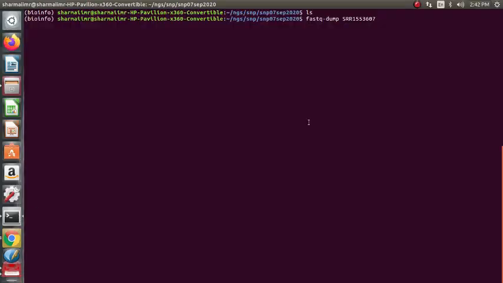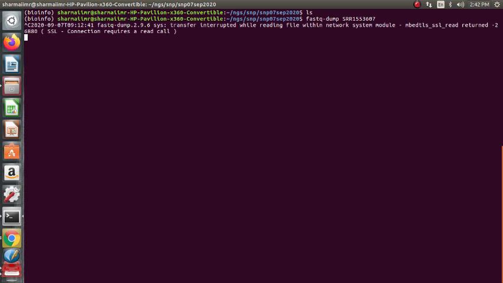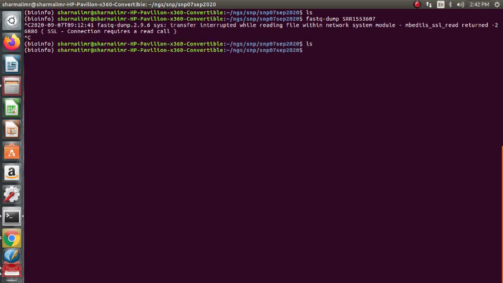So this will download, no doubt. If you do ls also, nothing is downloaded. So let's do fastq-dump with the qualifier -X 10000 and split-files.